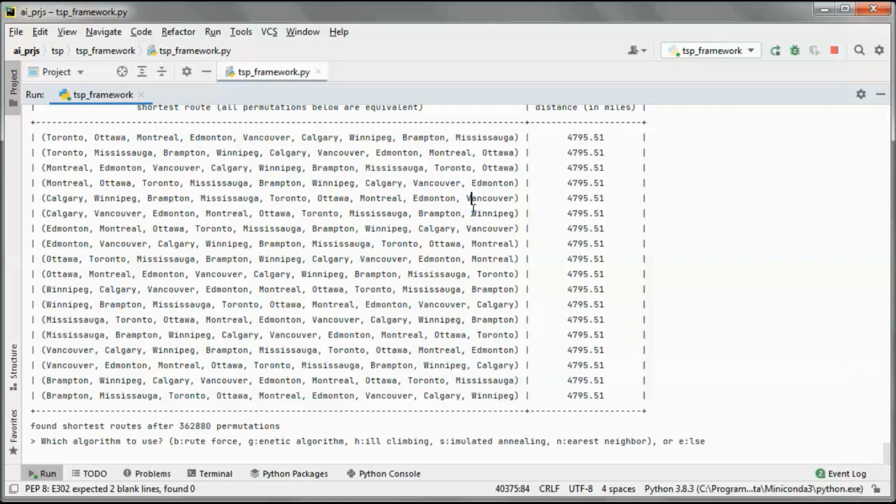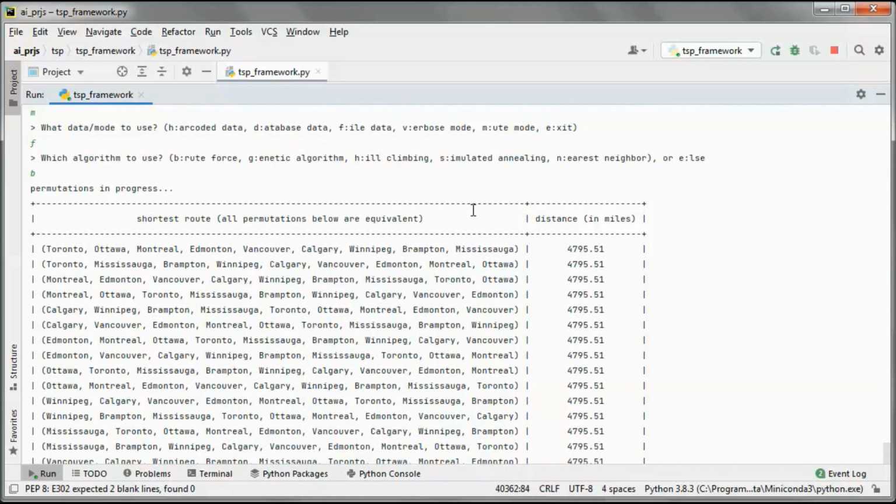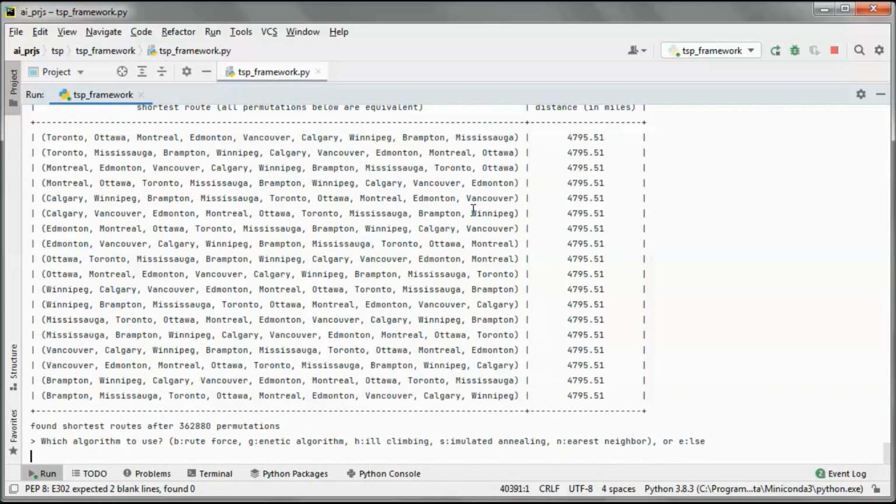And 9 factorial permutations ends up being this number.